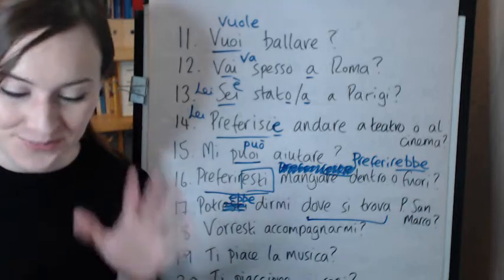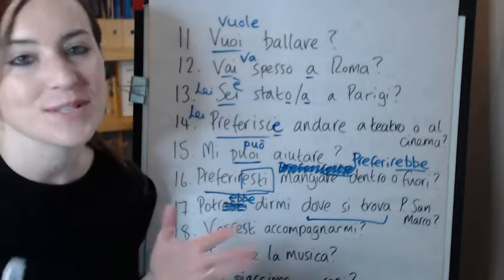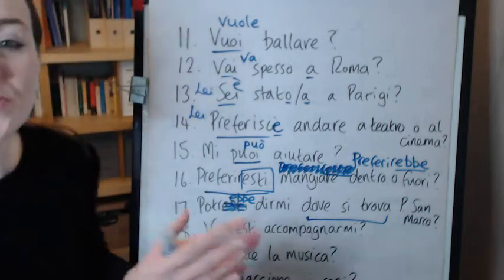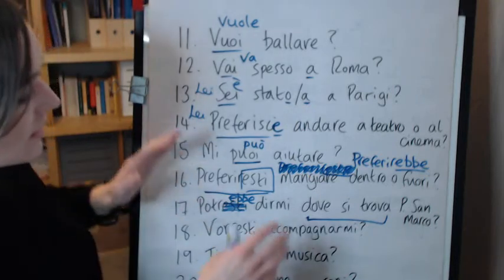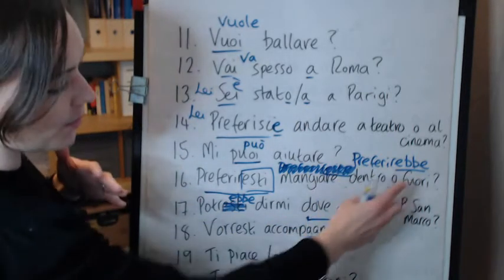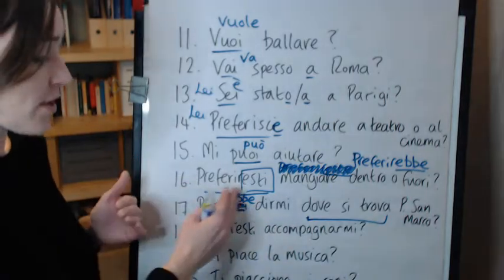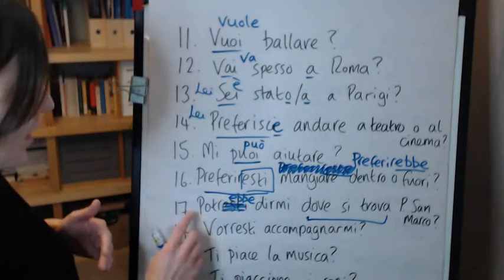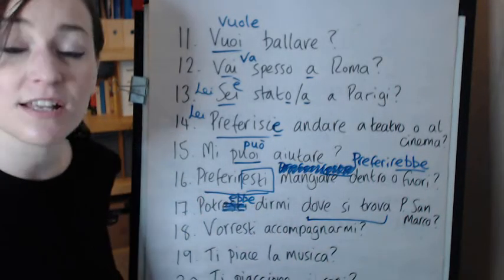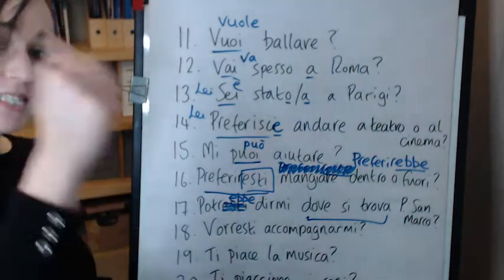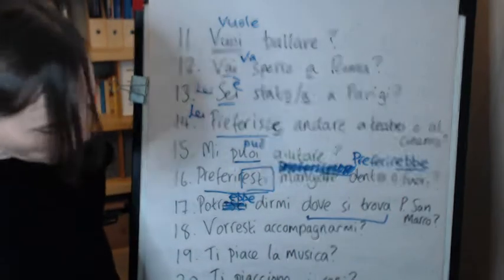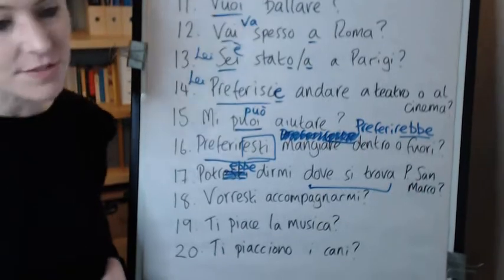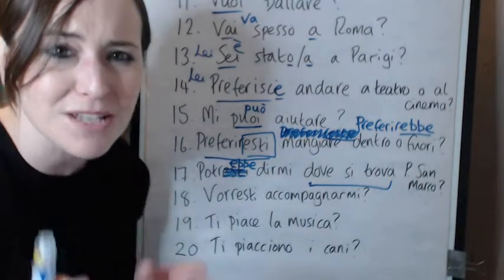Even with prep, sometimes you can lose your train of thought or your trail of thought just before recording. So, preferirebbe as opposed to preferiresti. Potrebbe instead of potresti. Now we're getting down a little bit further, almost at the bottom now. We've got 3 more left. It's quite a long video, so well done if you're sticking with me.